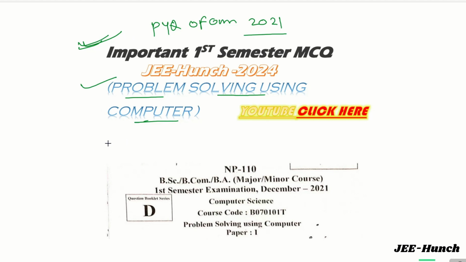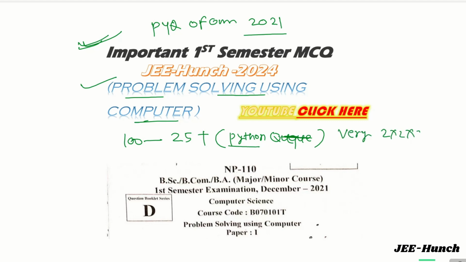We saw that in these 100 questions there were 25 plus questions based on Python code. Python code is not difficult, these are very easy problems. 2 multiplied by 2 multiplied by 2 is equal to what, 8, right? So like this,